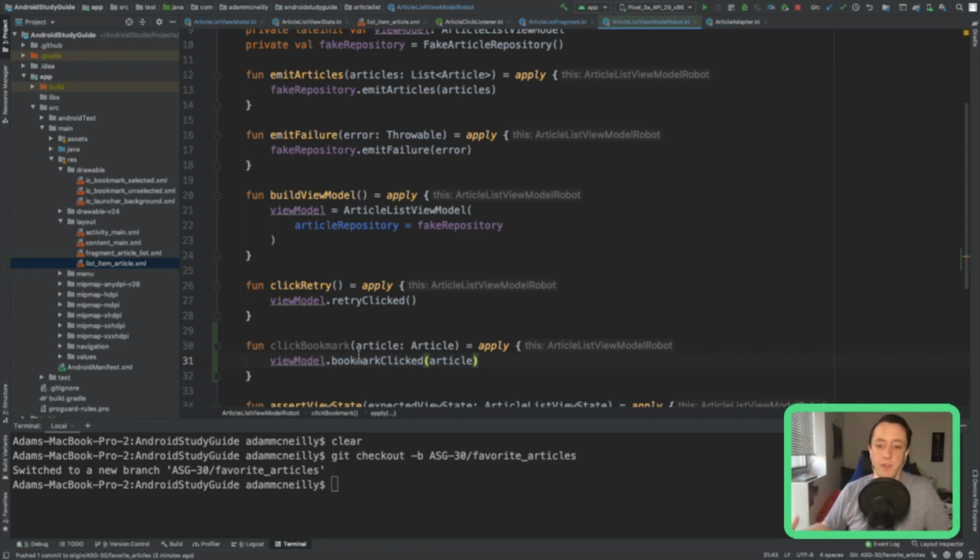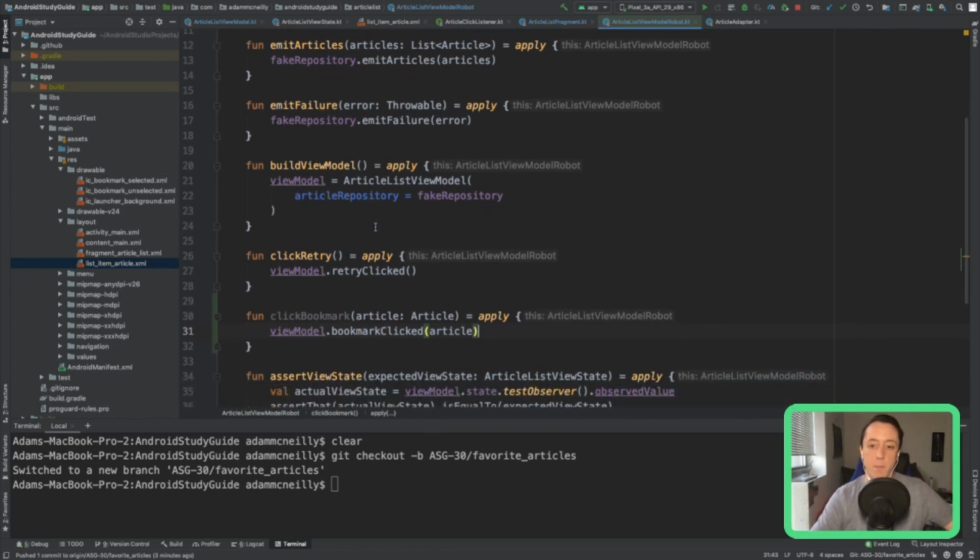As opposed to if the tests were talking to the view model directly, and then I have a change, that's like 10 different methods I have to go in and update. Maybe that's easy with the Android Studio refactoring, but that can still create a lot of git noise. So this is a lot of code and definitely more upfront work, but it's very helpful and a huge maintenance benefit as you go along.